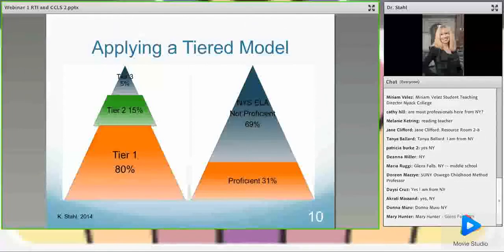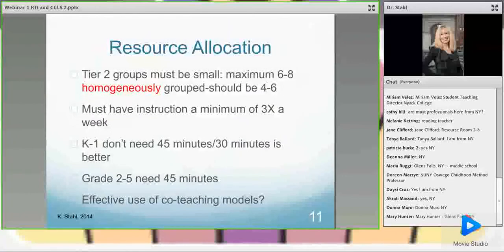And that is what we really need to look at. Because in terms of resource allocation, Tier 2 groups must be small. The maximum number of children in Tier 2 groups must be 6 to 8 children, and these groups should